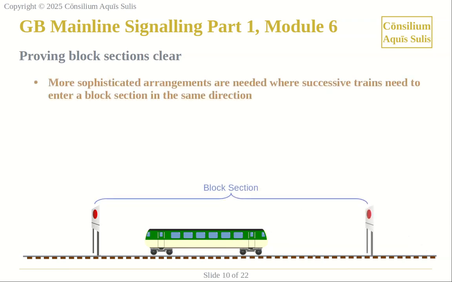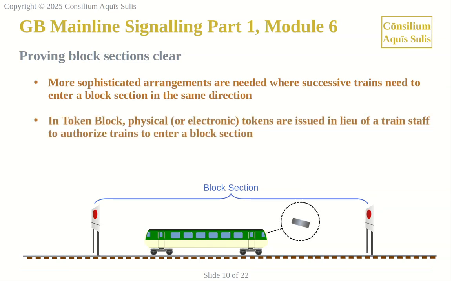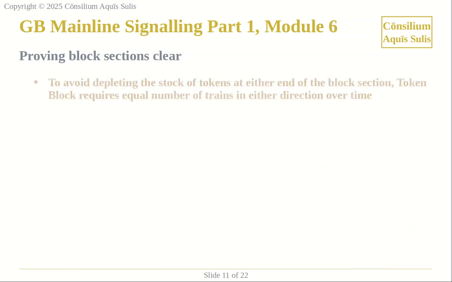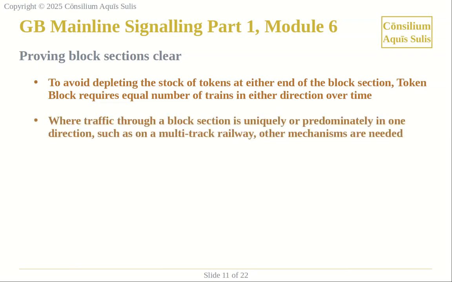If you want to allow multiple trains through the section in the same direction, you need something a little bit more sophisticated, like a token block system, whereby a physical or electronic token is issued to a train in lieu of a staff to authorise the train to enter that section, and electrical or electronic interlockings at either end of the section issue the tokens and are interlocked to ensure that there can never be more than one token out of the system at once, and hence never more than one train in the section. But to avoid the depletion of stocks of tokens at one end of the section and accumulation at the other, we need something a little bit different if traffic flows are predominantly in one direction,